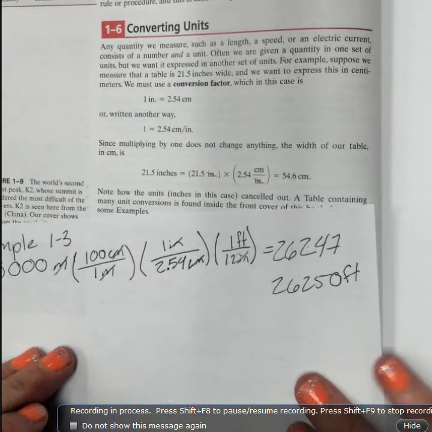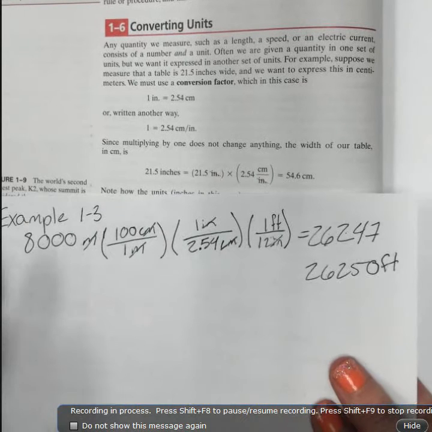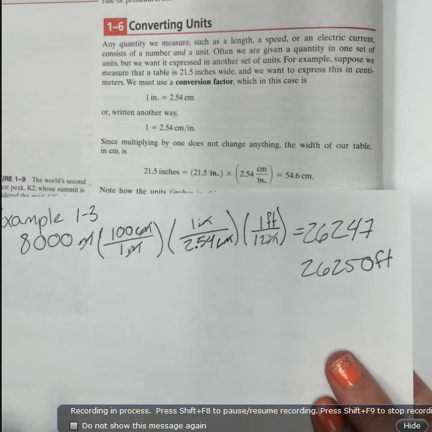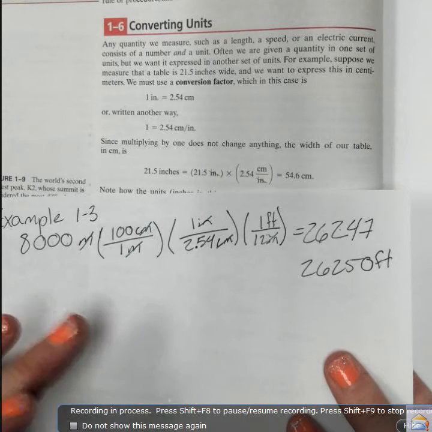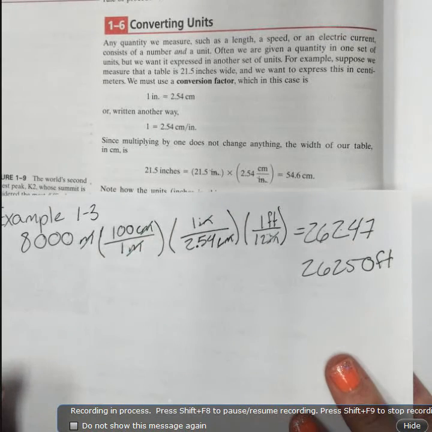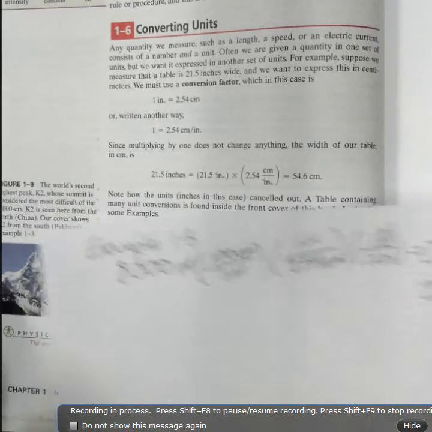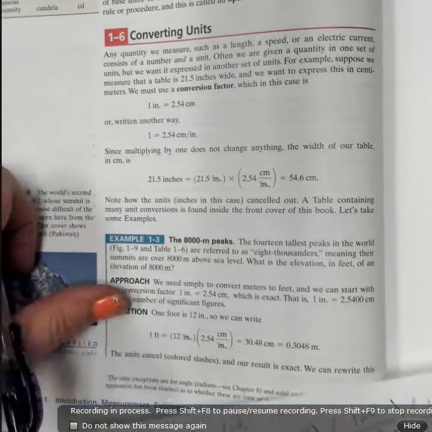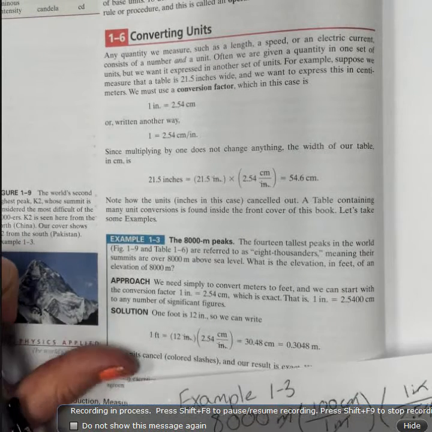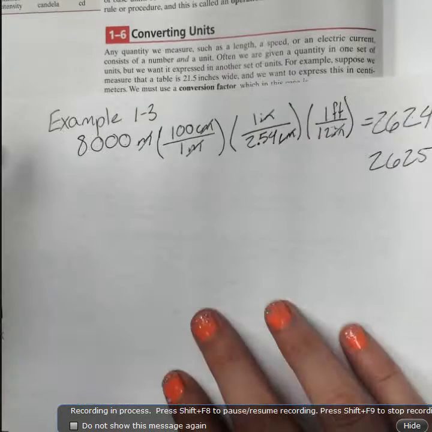Now, this way works great if you're doing a standalone problem. But let's say you are going to need to apply a conversion factor between meters and feet multiple times. In this case, it might be useful to come up with one conversion factor, one equivalency that you could apply, just one and done. And so we're going to do that. In the book, it shows you first how to turn a foot into a meter. So we're going to turn a foot into a meter, and we're going to turn a meter into a foot. Alright, so 1 foot,